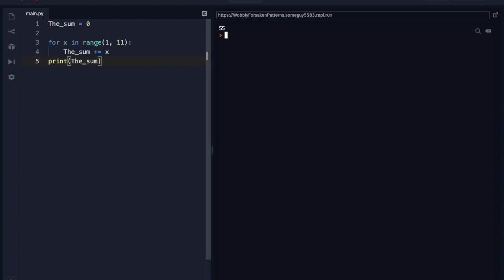And I made sum plus equals x, which means that since sum is equal to 0, it's going to be adding each digit of the range of 1 through 10. So that's 1 plus 2 plus 3 and all the way up to 10. It's going to be adding all of that because x is equal to the range of 1 through 10. All of those numbers. So it's going to keep on adding all of those digits, and